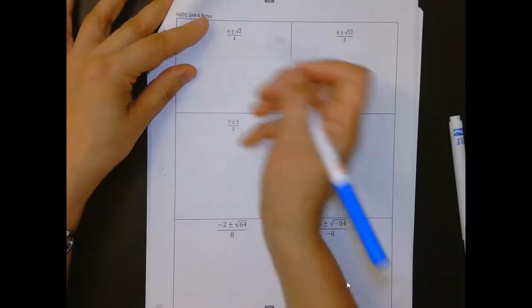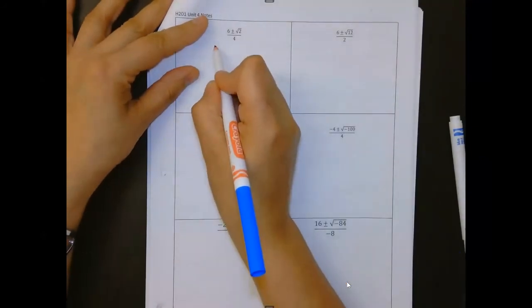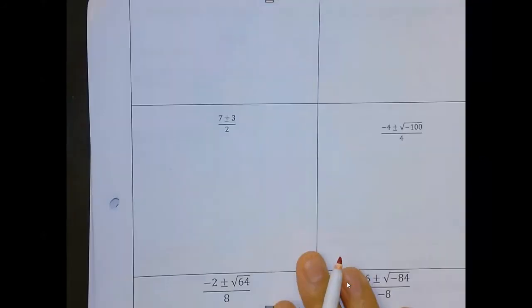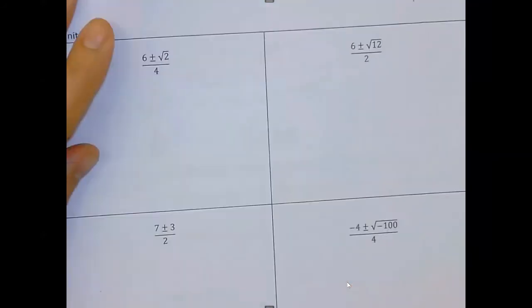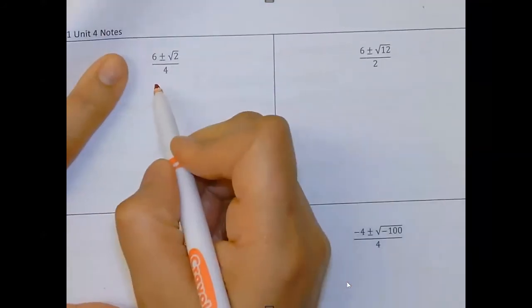Hopefully you guys got the right answers and are not just copying me, because you actually want to make sure that you do understand how to do these. So the first ones are